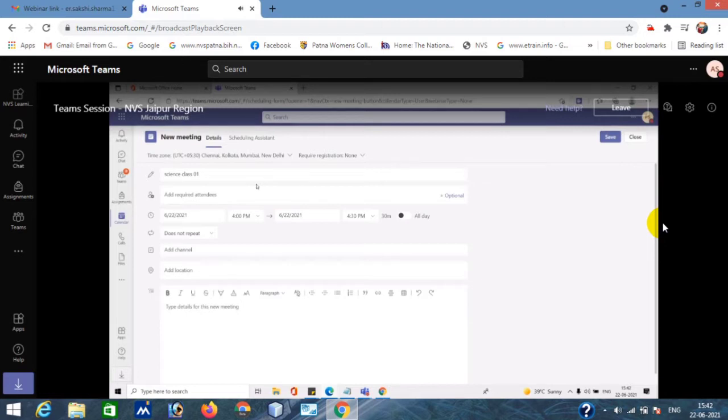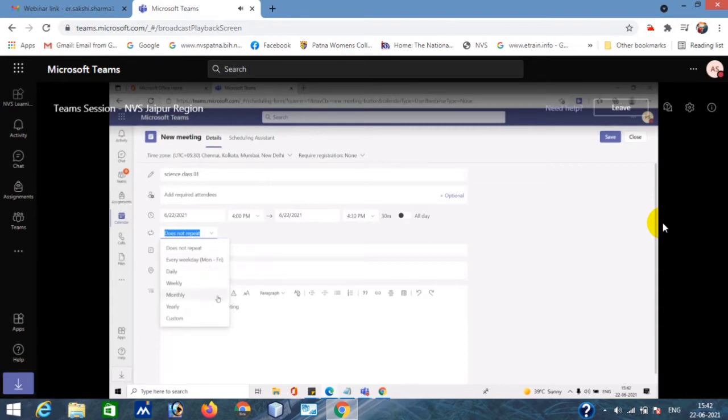But let's suppose you have a full week timetable with you, and you want to automate this meeting. Like you don't want to create the meeting on a regular day. You want to automate the meeting so that your meeting will be scheduled for the whole week, right? So this option is also present here. You can drop it down and you can see every weekday. So it is going to schedule from Monday to Friday. And if you select daily, it will include Saturday and Sunday also.